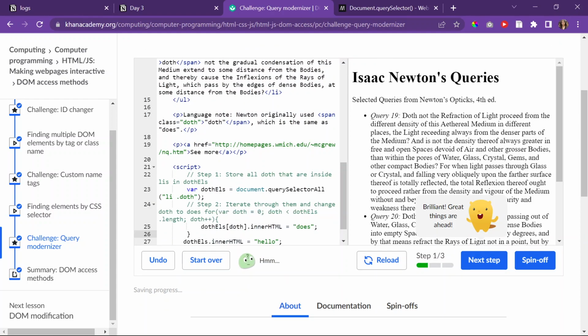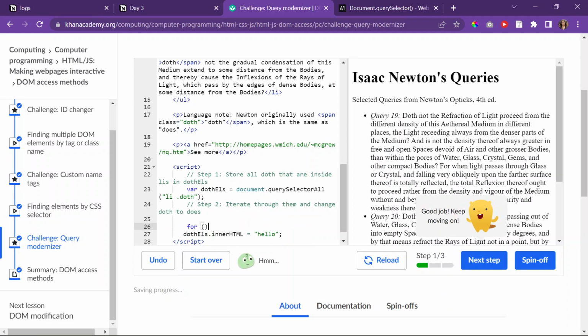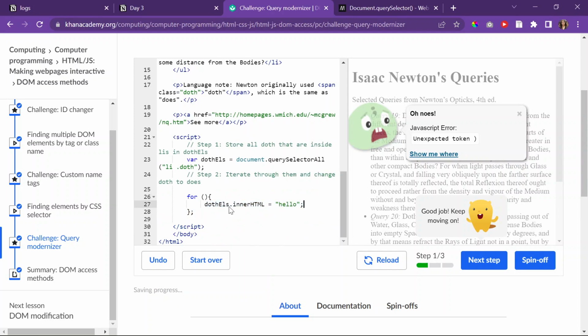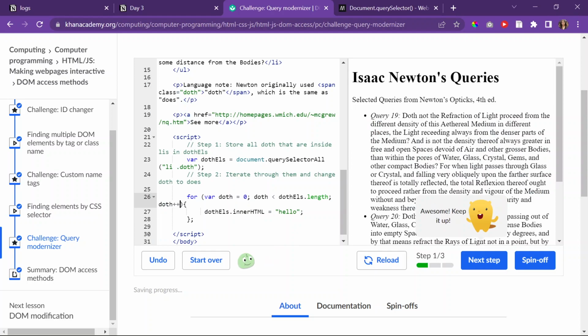stuff. Oh my god, did I delete the for loop? Let me just rewrite it again. So for var doth equals 0, as long as doth is less than doth els dot length, then doth plus plus, and then change doth for each doth and doth els in HTML, change it to does. All right, so then this kind of does nested, right? What do you call it? Nested